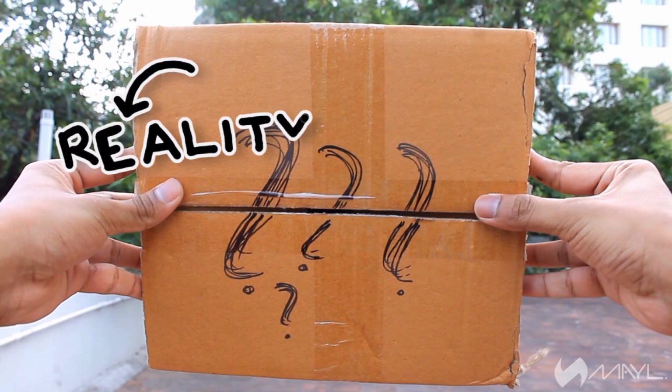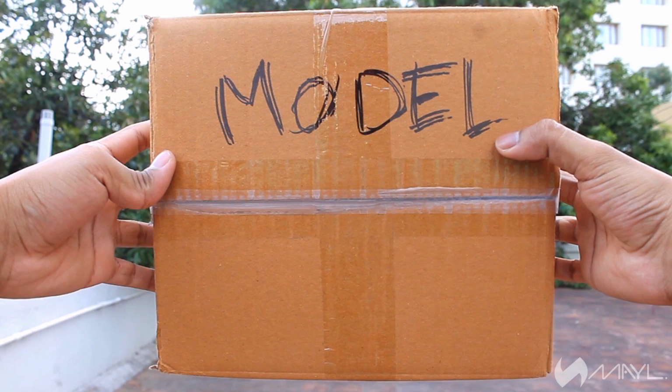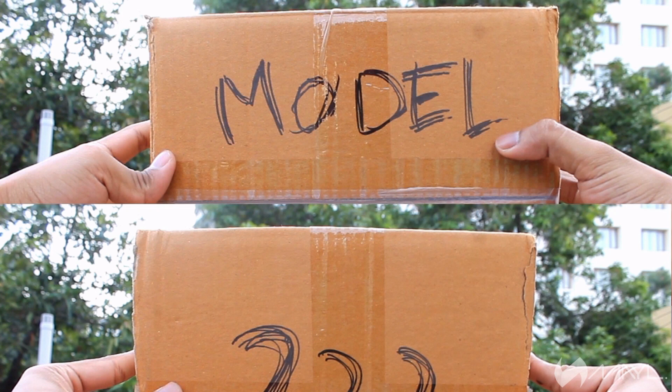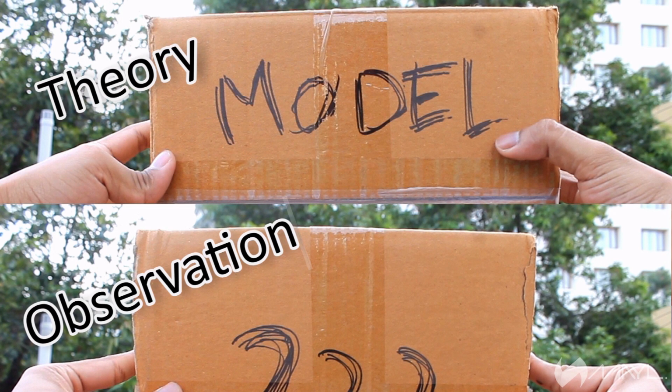Now, think of the unknown box as reality, and the new box as a model to explain how the contents of the first box work or behave. So this process is like giving a theory to explain the observed reality. So there exist multiple theories of light, and well, anything for that matter. But reality is what it is and not what someone claims it to be. So when it comes to explaining anything, it all depends on which theory you prefer to follow, which may be able to explain all the properties observed or may have some exceptions.